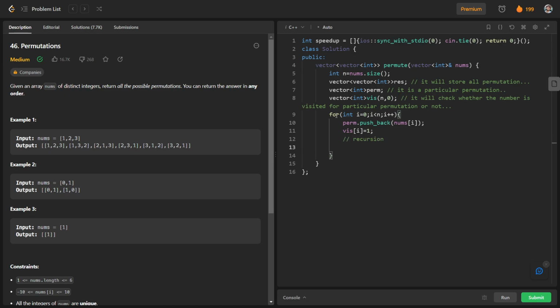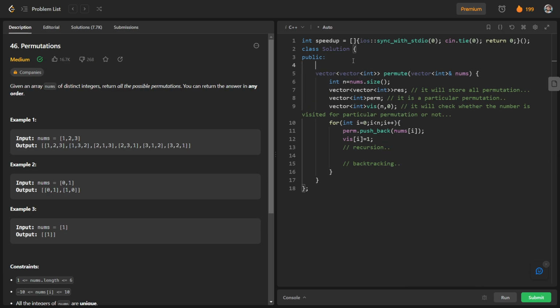And after that we will have our backtracking part with us. So I will write here backtracking, and here recursion. So we will create a void recursive function, get perm, and it will return a particular permutation.